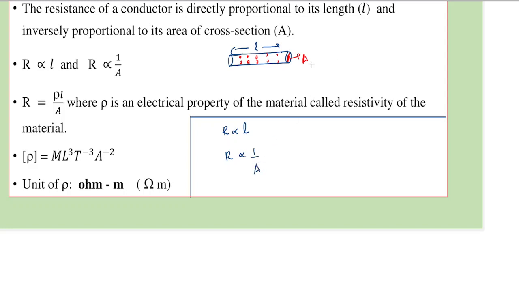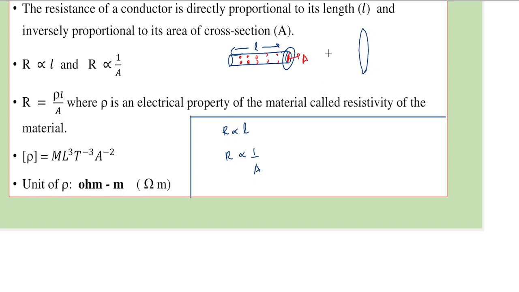That is because if you consider an area like this and a bigger area, when I say area, I mean area of cross section, the bigger the area is, the electron will find more space to travel. Remember that resistance is the opposition which the atoms or molecules impose on the electron motion. If the material is more spacious, it has more area of cross section, the electron will find more space to